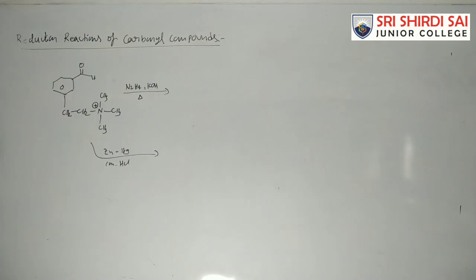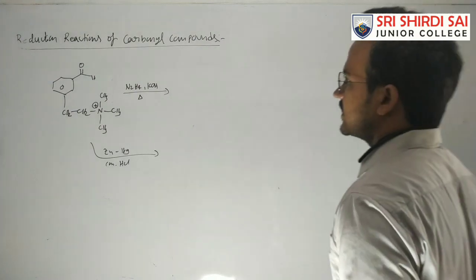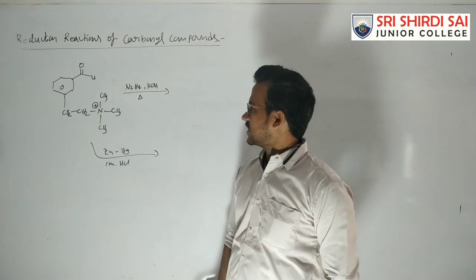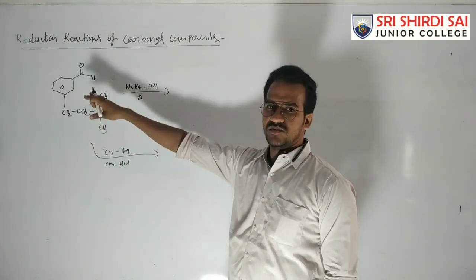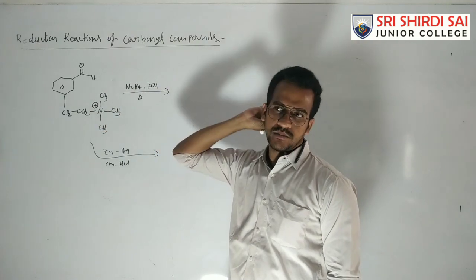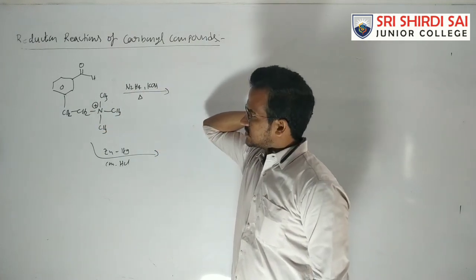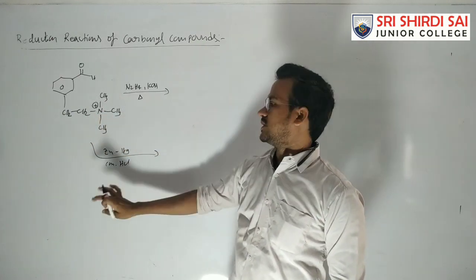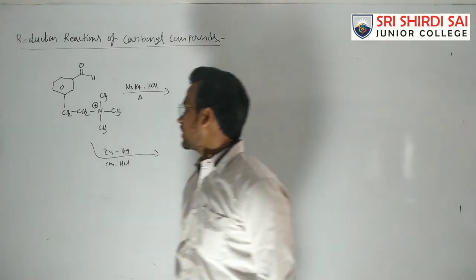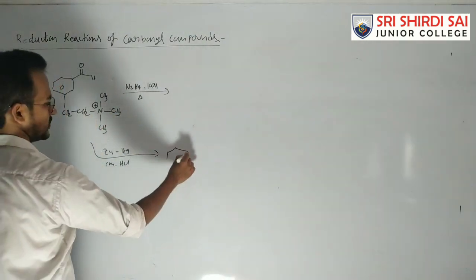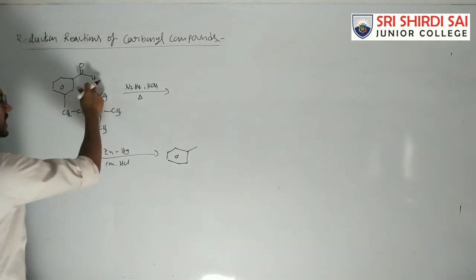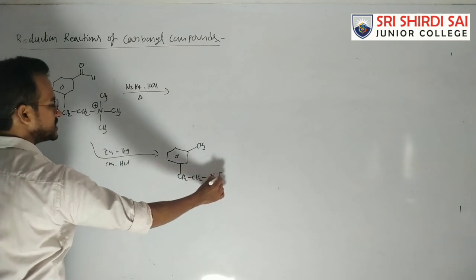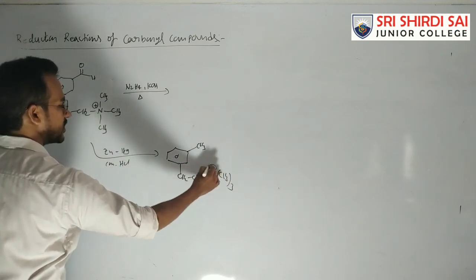So, one more limitation. This compound contains an aldehyde group as well as a quaternary ammonium ion. The nitrogen is attached to four alkyl groups, so it is a quaternary ammonium ion. For reduction of this compound without affecting the quaternary ammonium group, Clemmensen reduction is suitable. That means CHO becomes CH3, so here CH2, CH2, N(CH3)3 plus.